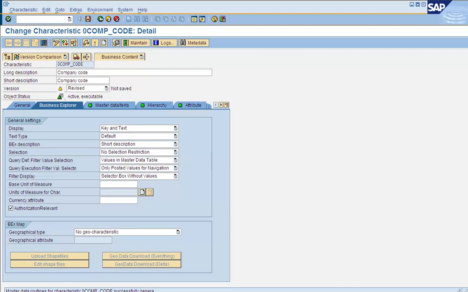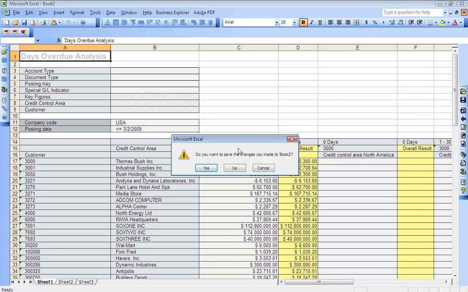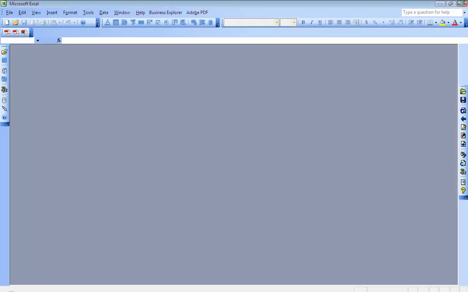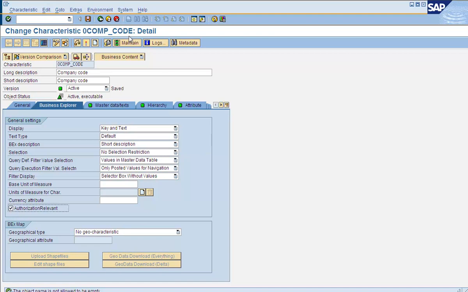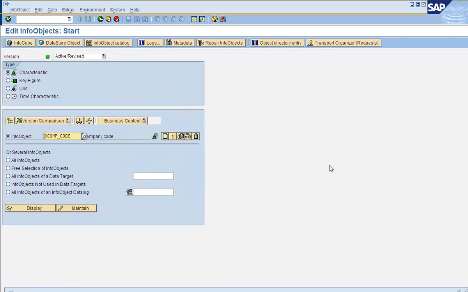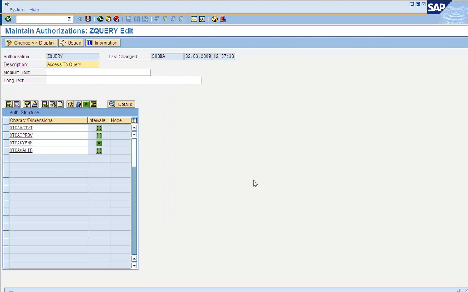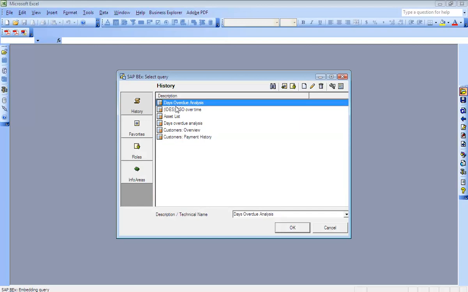Now what we'll do is log off from user A and re-execute the query and see what happens. Keep in mind that we haven't given access to this info object in the analysis authorization here. So let's go and execute the same query and see what happens this time. Oops, we should not have done that.